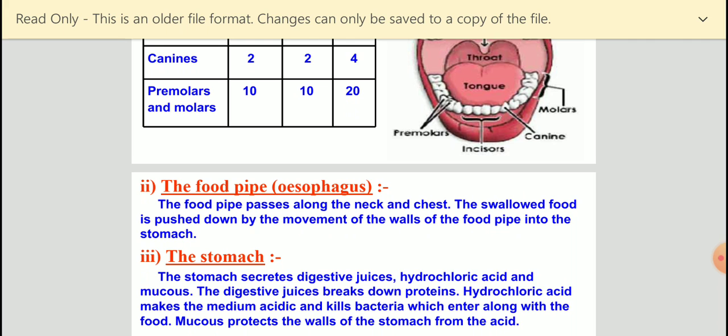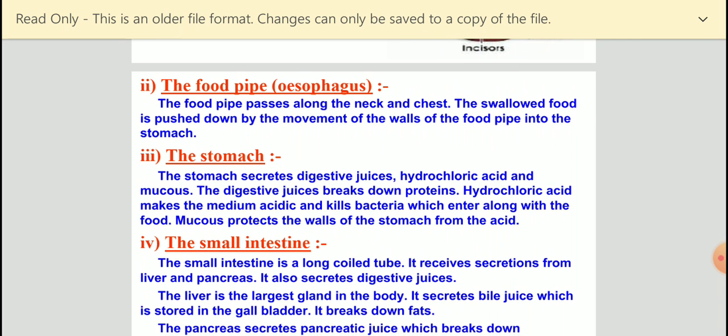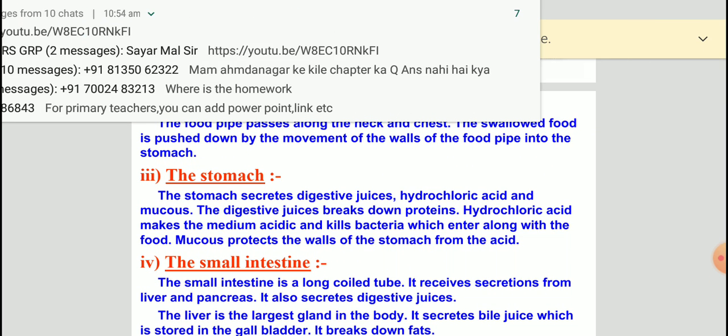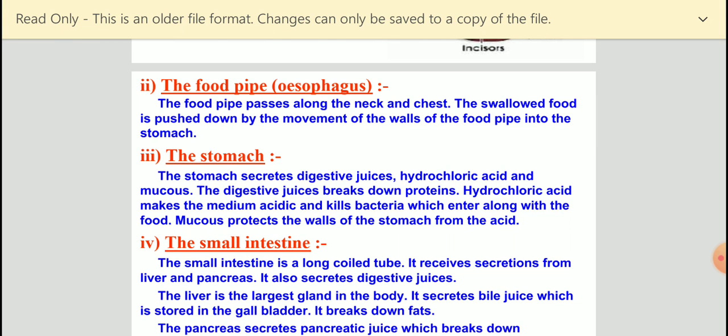Now next, our digestion starts. As we put the food into our mouth, the teeth help in grinding, biting, chewing, and now the food goes to the esophagus, that is known as food pipe. Inside the food pipe, there is a movement which also helps in grinding the food and in the process of digestion. That movement is known as peristaltic movement. What movement? Peristaltic movement. Inside the esophagus, there is a movement. That movement is known as peristaltic movement.